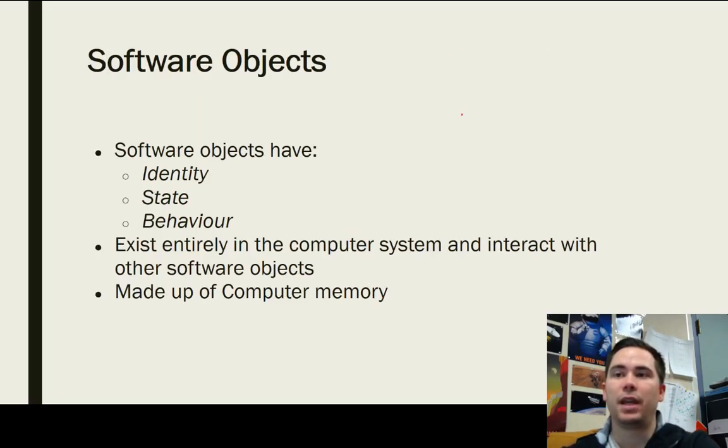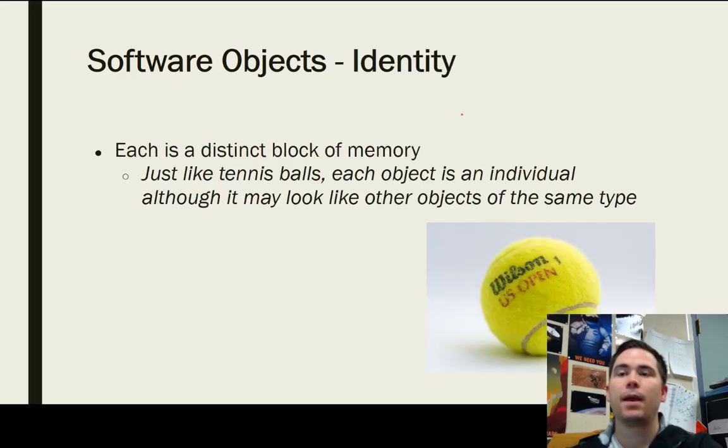Software objects have those three characteristics as well. They have an identity, they have a state, and they have a behavior. They exist entirely within the computer system, and they interact with other software objects. And they're made up of computer memory. So rather than being made up of physical objects, they're made up of computer memory. Software objects are each a distinct block of memory. So even if they have the exact same behavior and the exact same states, they are completely different identities. Even though they might look the same and behave the same, they are completely different,